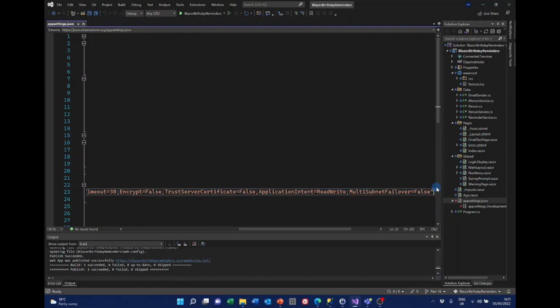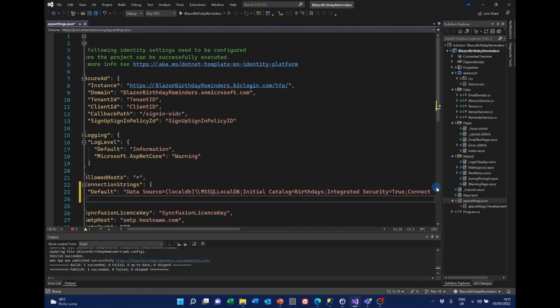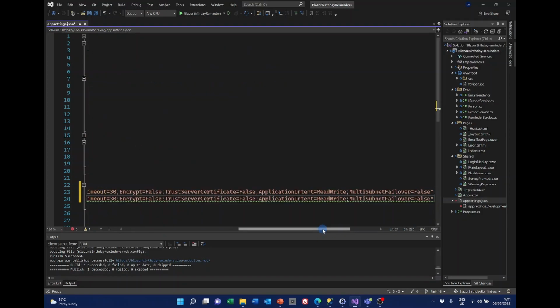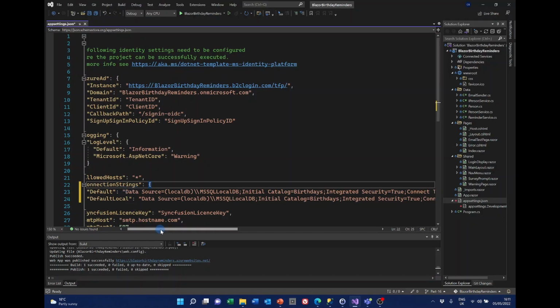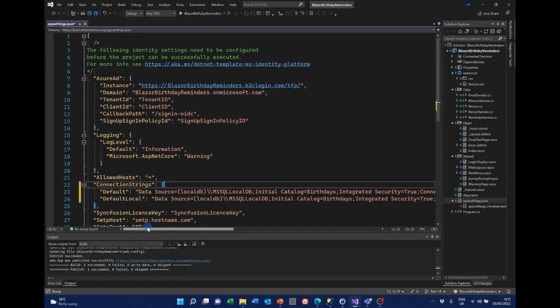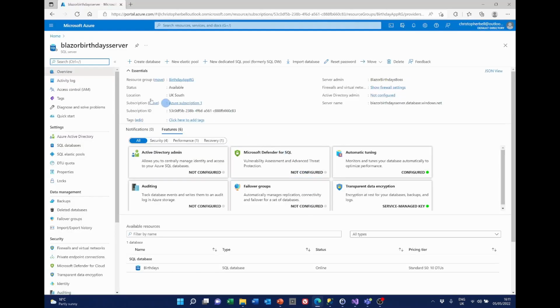I'm going to paste it below, and I'm going to call it default local. We now need to change this default connection string to the Azure SQL database. So if we go back to Azure, and this is our birthday server, we should now see down here the name of the database. So if I click that,